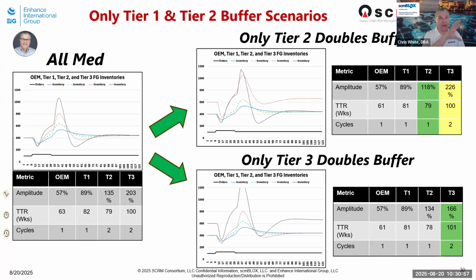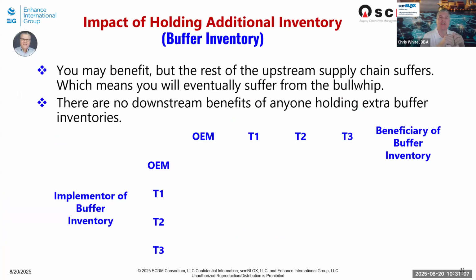What's interesting is that we can look at all those, and you probably already saw the pattern, but we'll make it real explicit on this next slide, where this is now a relationship. When we start talking about the physics of supply chains, this is what we're talking about. The impact of holding this buffer inventory is that you may benefit, but the rest of the upstream supply chain actually suffers, which means eventually you're going to get a bullwhip. If we were to run longer simulations, you might get a bullwhip later on. There are no benefits to anyone downstream